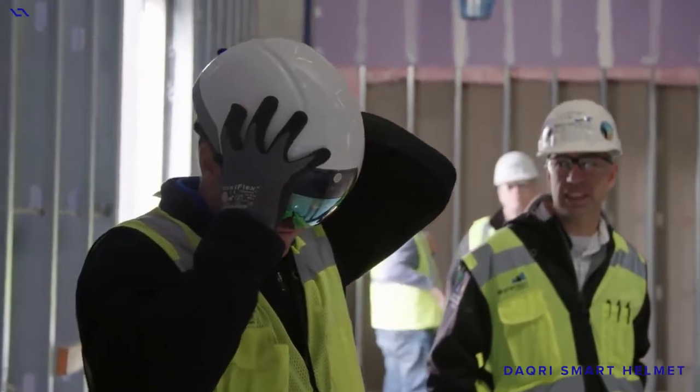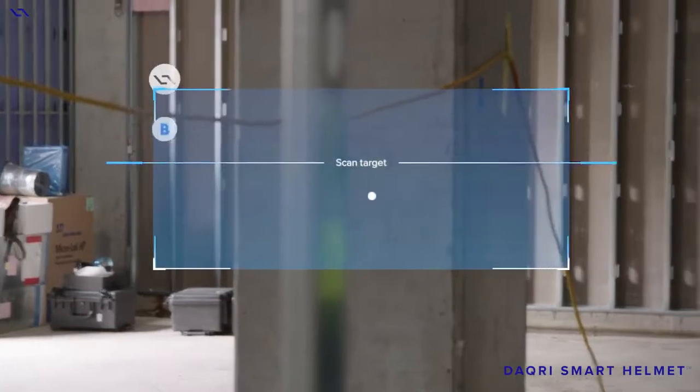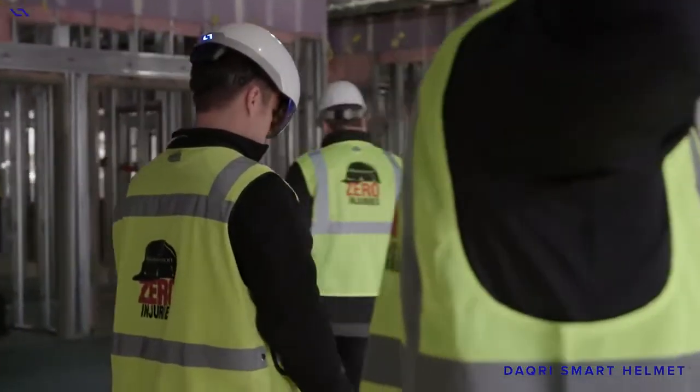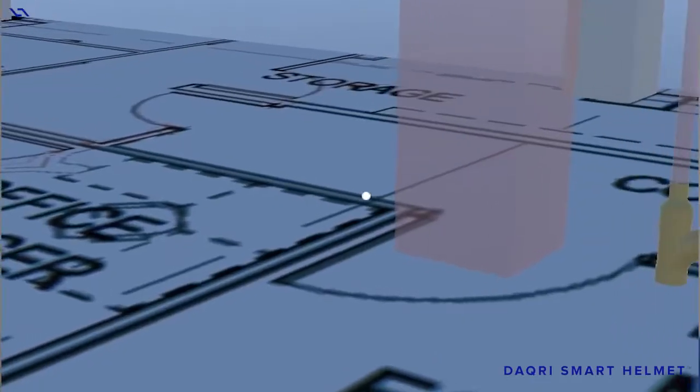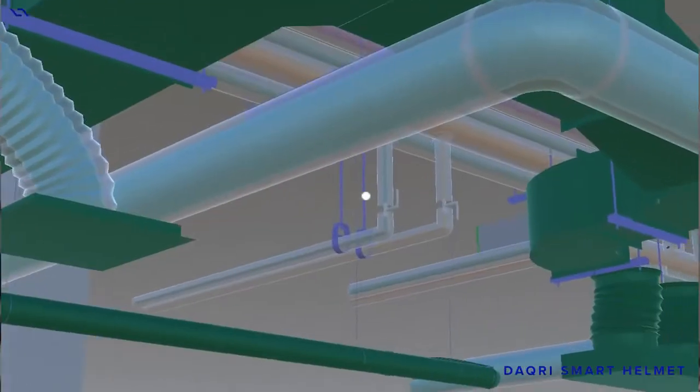in place. So by looking at the helmet today and seeing those scopes in the context of where they were going in, it was really interesting to see what was installed and what's going to be installed tomorrow, from electrical to plumbing to ductwork. What I saw, I was in awe. It was pretty cool. It was surprising how real it was, in the same sense of being able to see